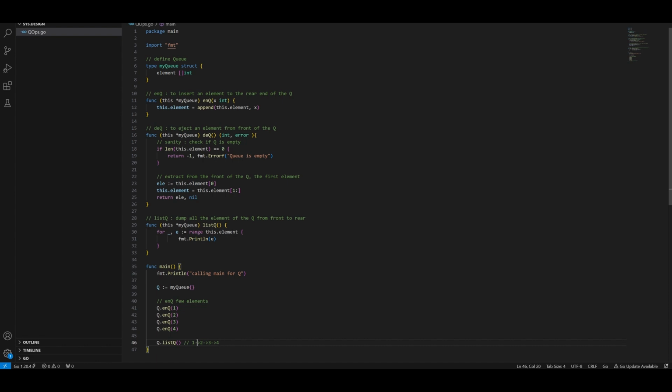So one is going to be in the front. So that was the first element that we pushed here. Q is going to hold one and then two here. Q is next going to hold one, two, and three. Finally, the state of the queue after pushing four elements will be